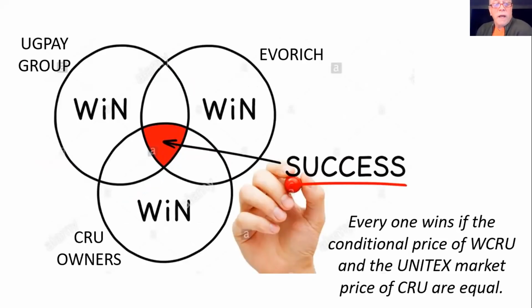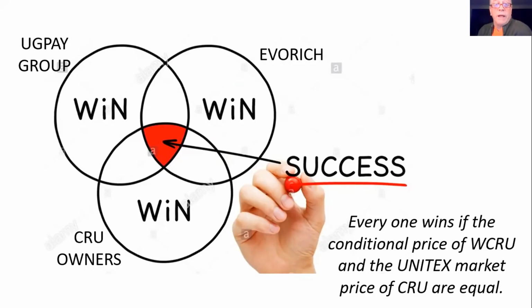The only way everybody wins is with the parity pricing. UGPay wins, Evo Rich wins, and CRU wins. Everyone wins when the conditional price of World CRU and the Unitex market price of CRU are equal. This absolute absurd situation of where CRU is selling for 1 cent,